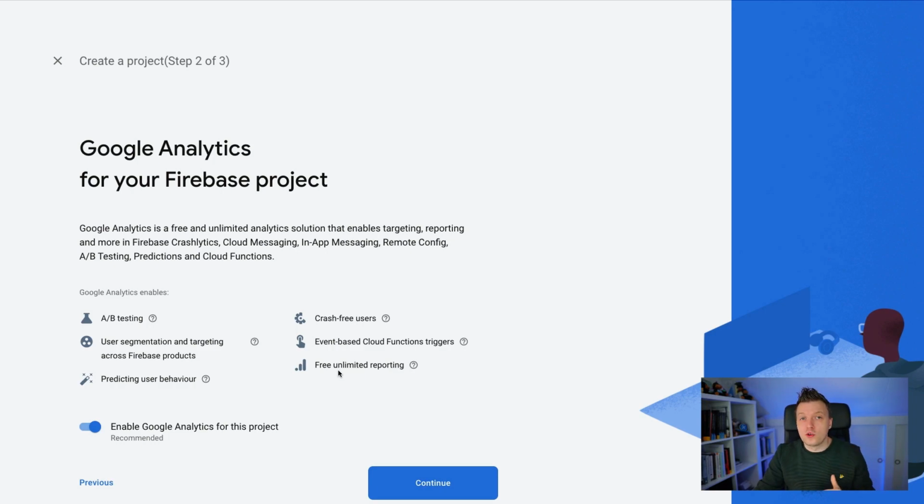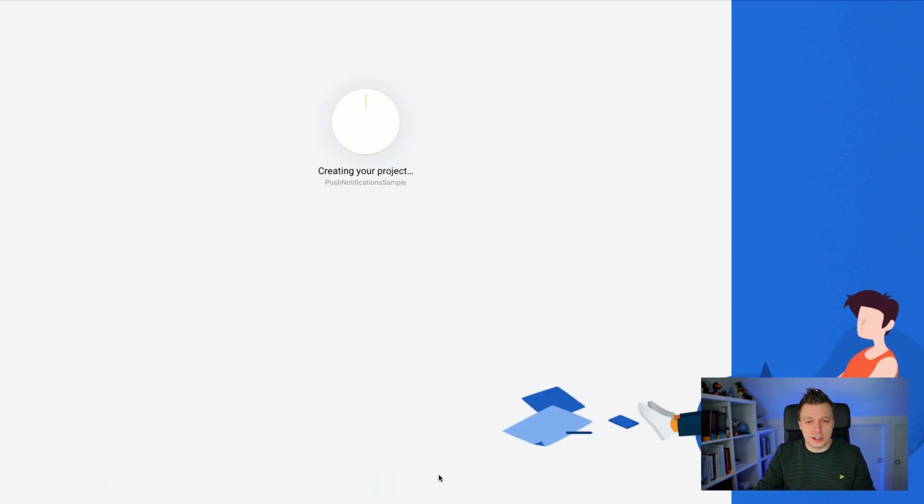Of course, if you're going to do this, please let your users know that you're doing this, because that is the right thing to do, because they're giving up some of their info, some of their usage behavior. So you want your users to be in the know about this and be transparent about what you're doing here. Now, I'm not going to do this right now. I'm just going to focus on the pure push notifications, and then I'm going to say create project,